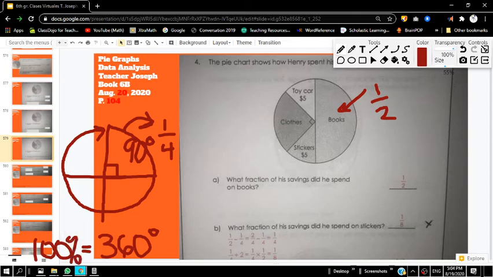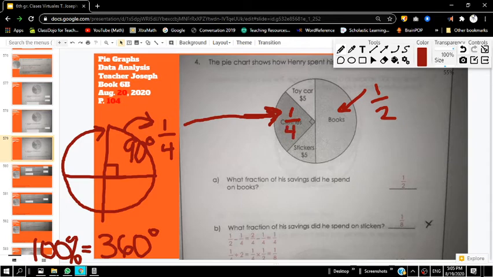Okay? This number of clothes is represented with a 90-degree angle. In other words, 1/4 is the same as our 90-degree angle. So, what fractions are left to be represented? If we have 1/4 represented with clothes, 1/2 represented with books. Well,